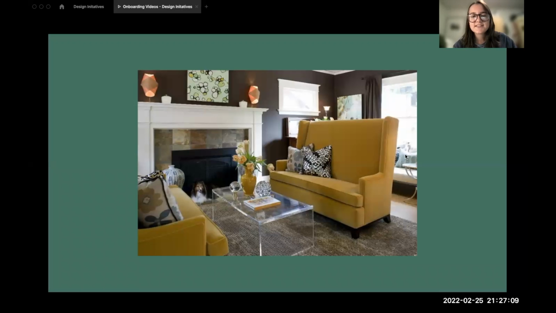Okay, and here's an example of interior design. If you're familiar with that kind of area, you can tell pretty immediately that the proportion of the couch in relation to the other objects in the room make it stand out in a negative way. It's just very large and makes the room look way smaller than it probably actually is. And overall, it's a very insufficient design for this room.